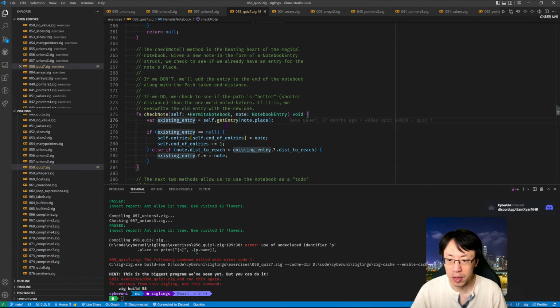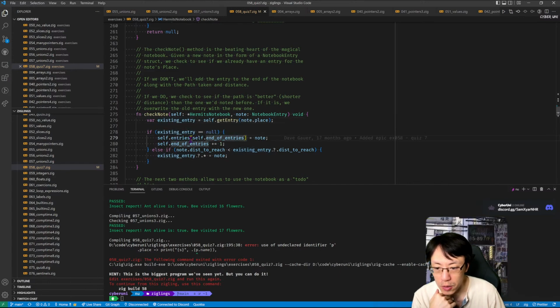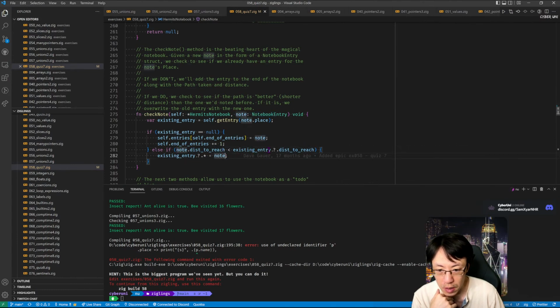So somehow this is marked as unknown, but that's fine. So if it is null, then we will use this to set the node and increment it. And if the node to reach the input is shorter than the existing entry, we unwrap the optional, extract the value, and if it is less than that, then we put the node